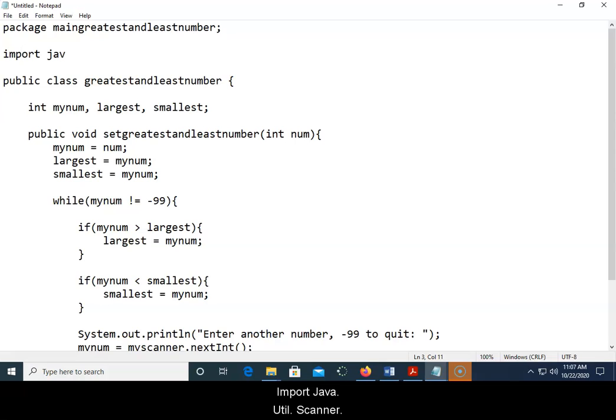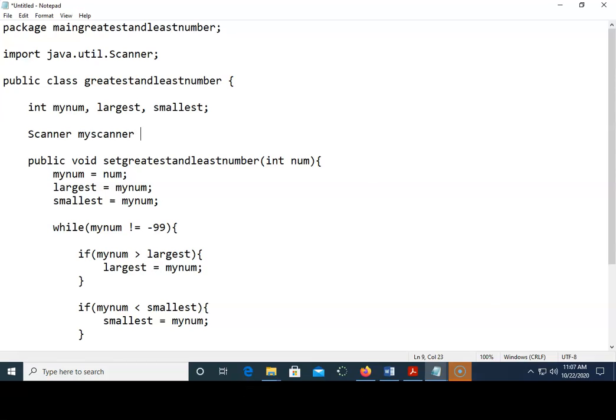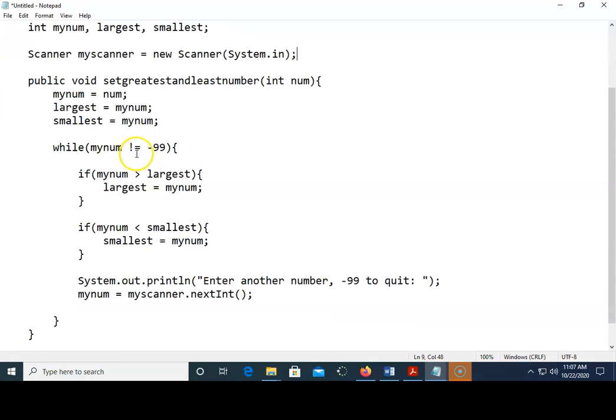So I want to be able to import java.util.Scanner, and then I would have my scanner class up here. So let's say my scanner equals new Scanner. Okay, so we're